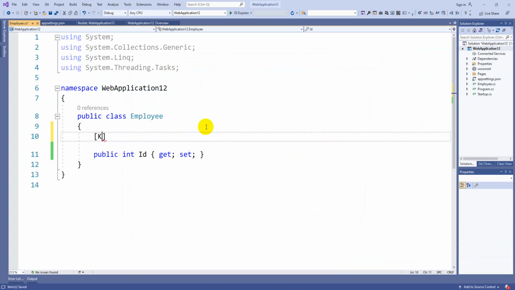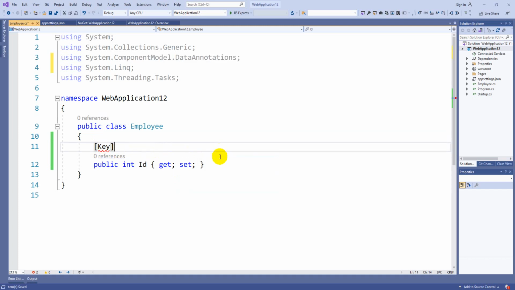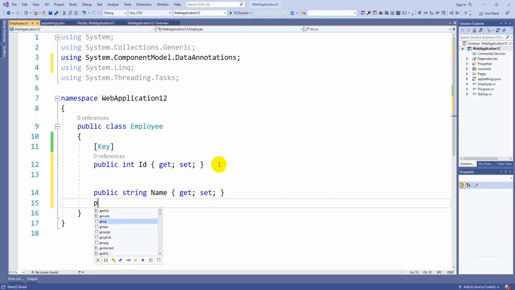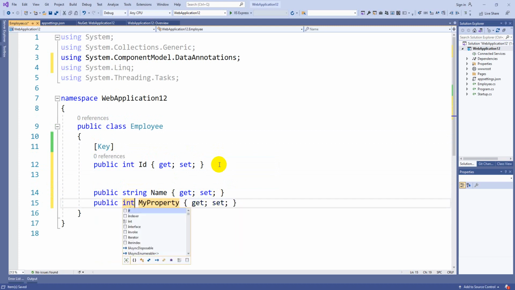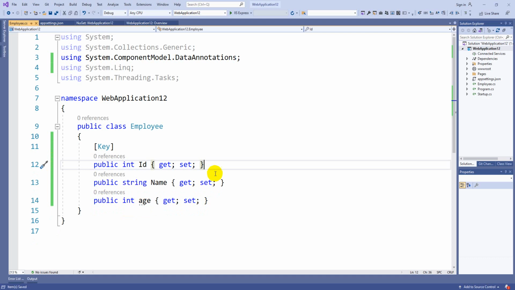If you have any doubt, let's add the Key annotation also, so that it will become the primary key column. Component model dot data annotations. Then string name, and int age. Like that you can add whatever properties you want to create as tables.